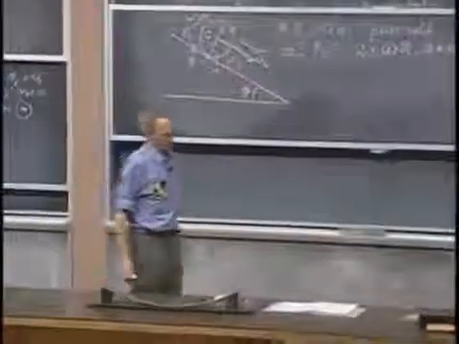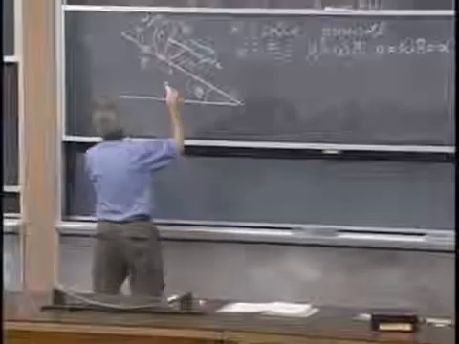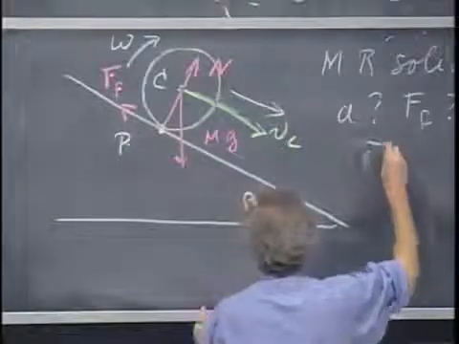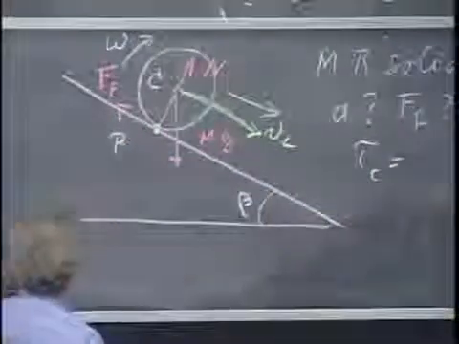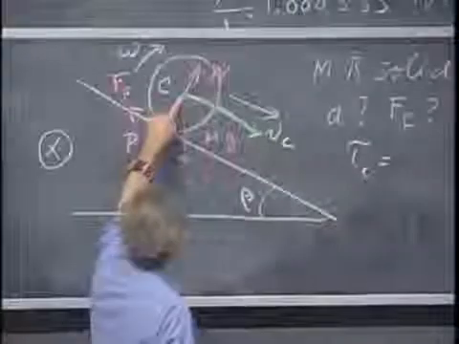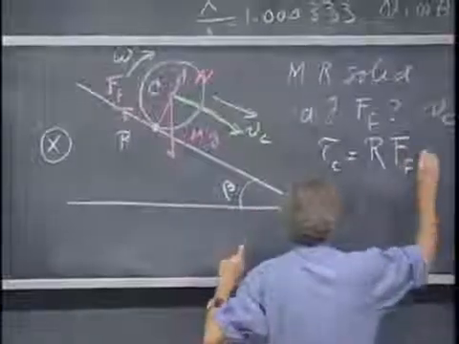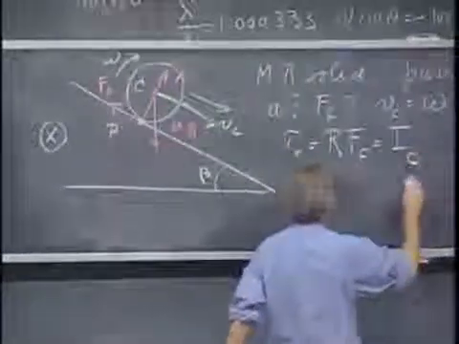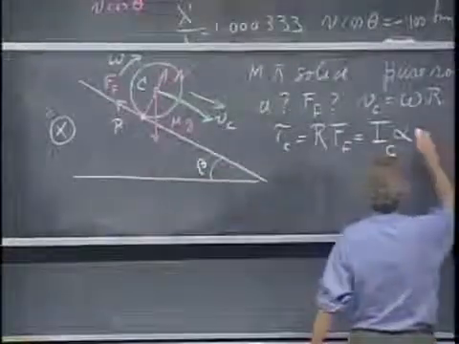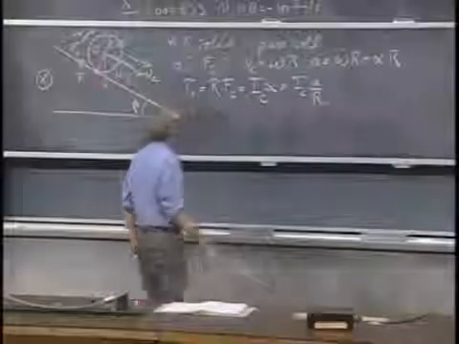All right, we're going to write down now the torque relative to that point C. If I take point C, then I lose the force mg, and I lose the force N, so there's only one force that I have to deal with. So the torque relative to point C, the fact that the torque is into the blackboard is of no concern to me. I just want to know the magnitude. That is r times Ff, r times the frictional force. That must be the moment of inertia about that point C times alpha. We've seen this now twice already. And since alpha is A divided by r, this is I of C times A divided by r. This is one equation,